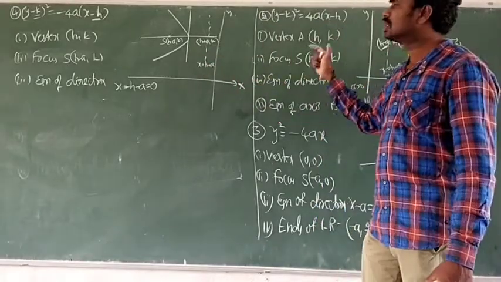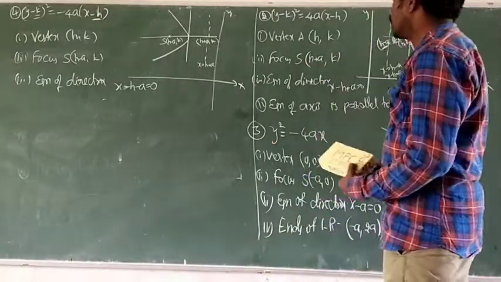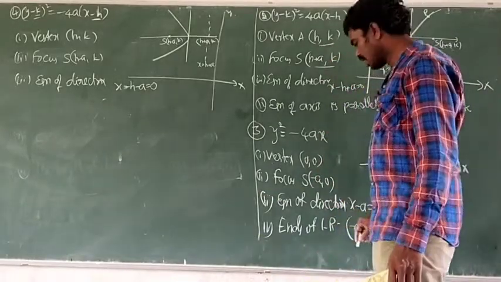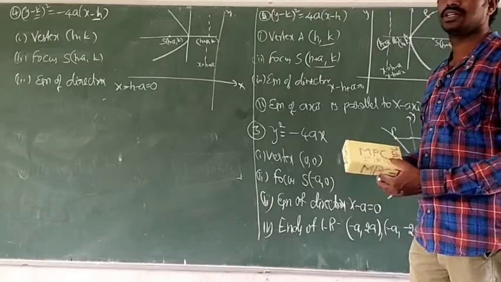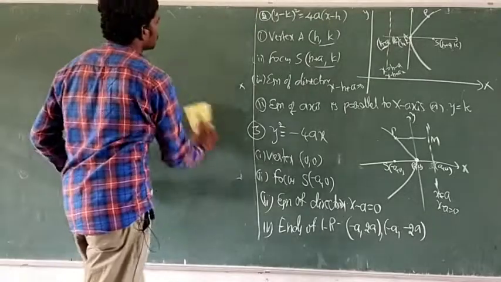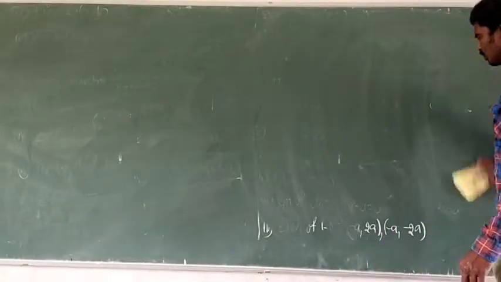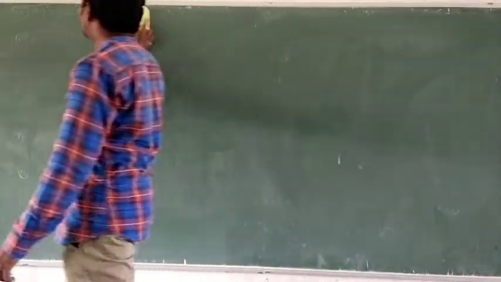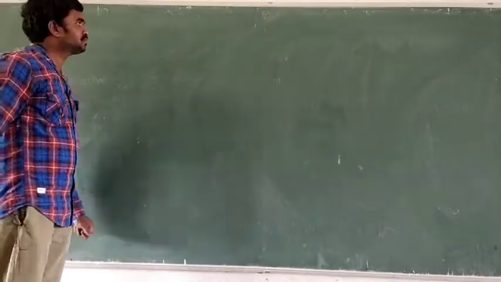However we learn, remembering these concepts is the most important. Mostly what is the vertex and what is the focus is important. And most important is the length of latus rectum, 4a. These three points are the most important. So next concept, fifth one. When we enter into the problems, we can feel very happy, because there also I will tell you how to use the formulas and how to get the formulas.